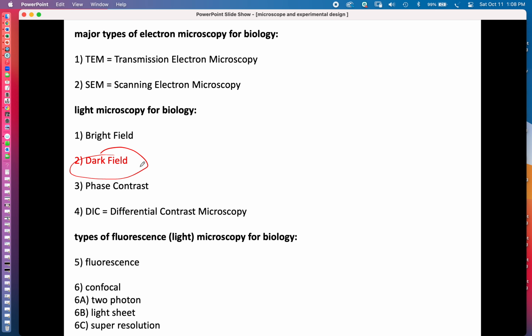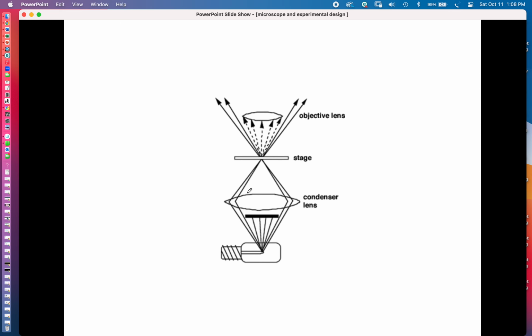And it's called dark field. And again, it's just a light microscope, but here's the difference. Here's the condenser lens, here's the specimen, here's the objective lens. So there's your specimen. And so in a dark field, what happens is under the condenser, a scope that can